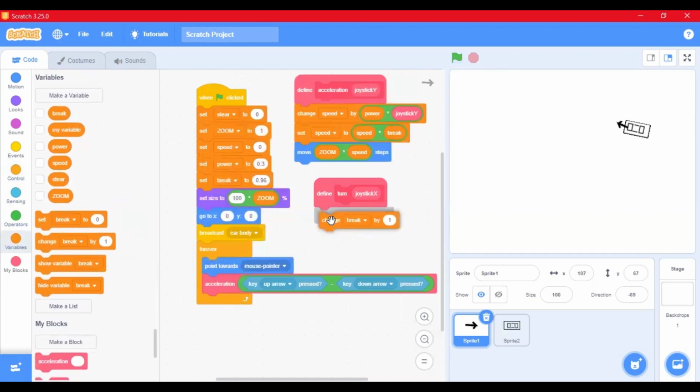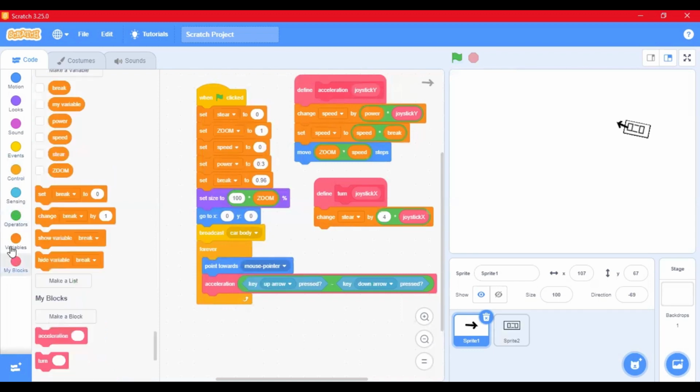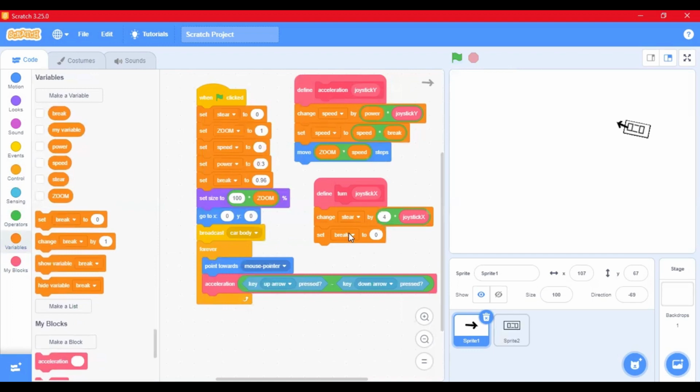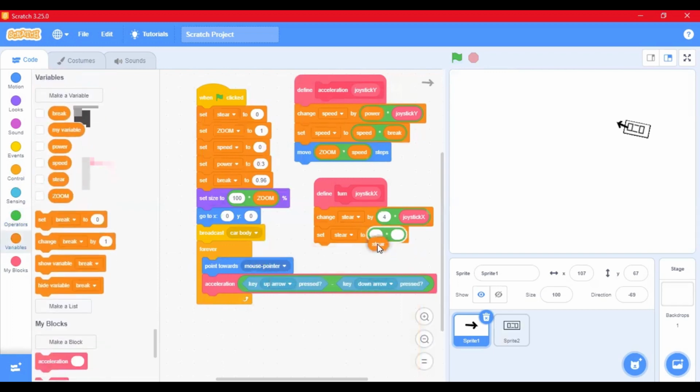So change steer by, we take our operators, multiplication sign, 4 into joystick X. Now the next thing that we have to do is set steer to, we take a multiplication sign, and set steer to steer multiplied by